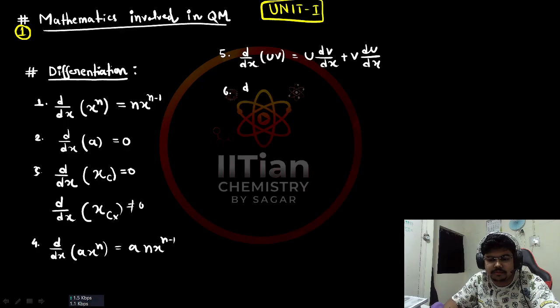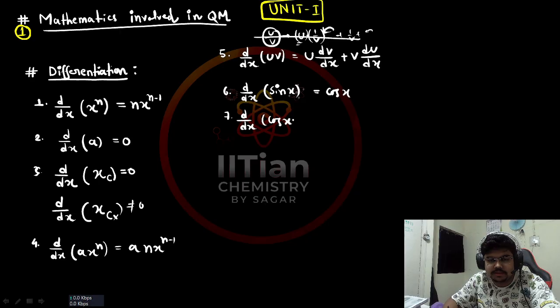6, d dx of u by v. You can consider it as u into 1 by v. There are two different functions, so first u and differentiation of this, plus 1 by v into differentiation of u. Okay, d dx of sin x will be cos x, d dx of cos x will be minus sin x,